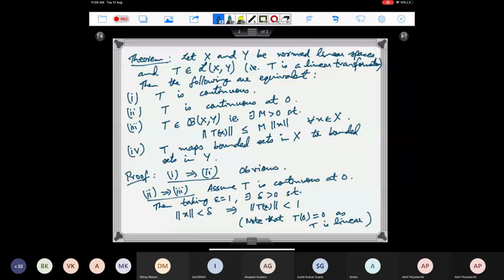But what is T of z? Tz is equal to delta by 2 norm x